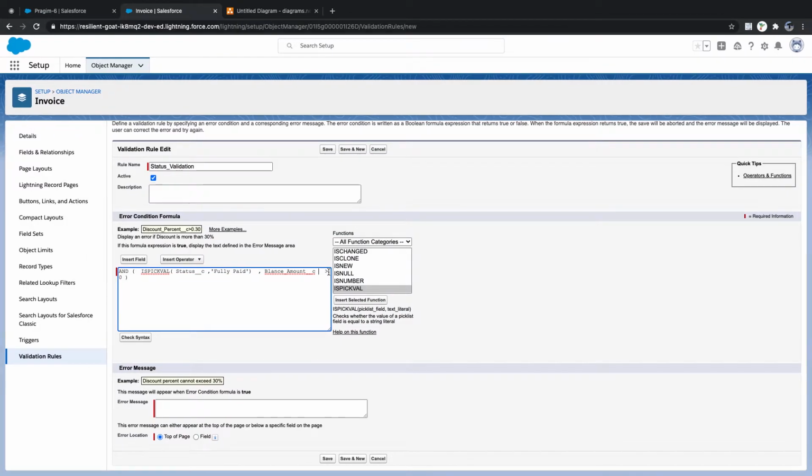If it is less than zero, if you remember the balance amount, let's say when there is a balance amount, you cannot mark it as fully paid.